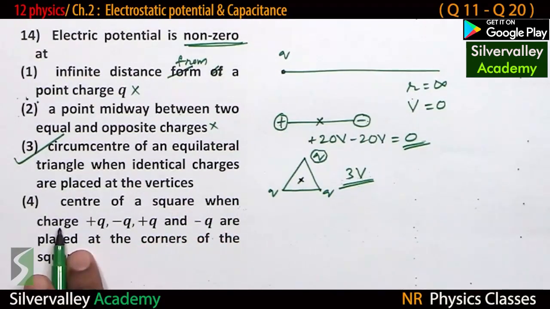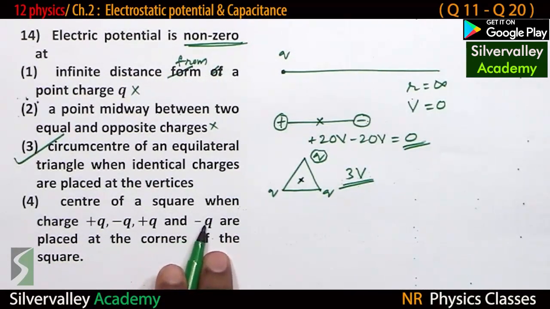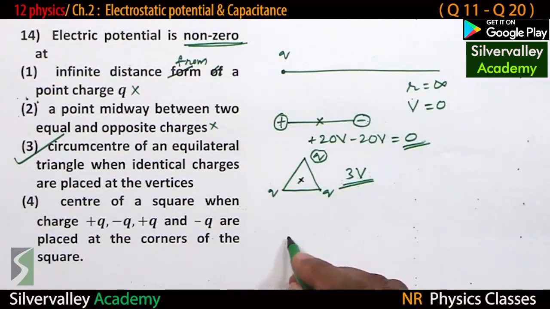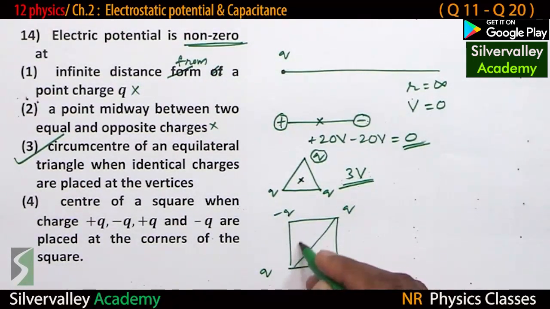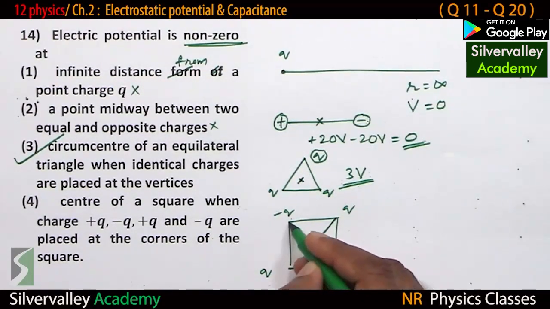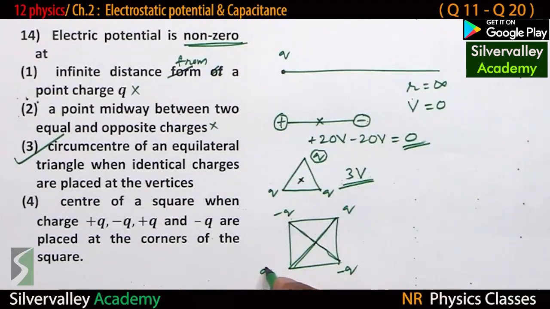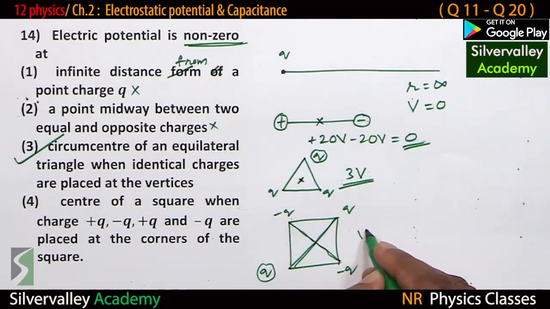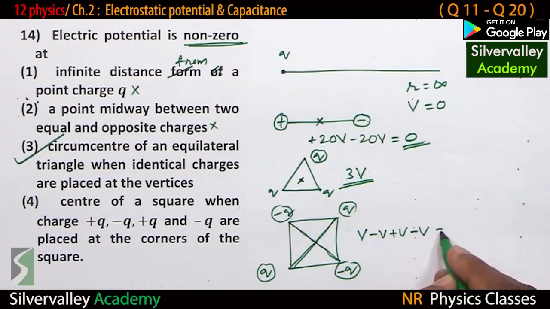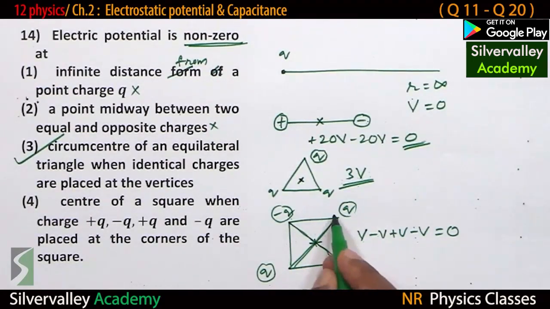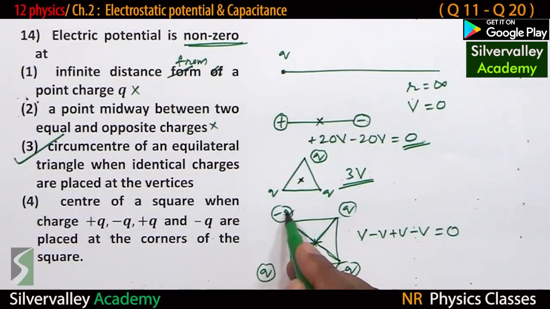Center of a square when charges plus Q, minus Q, plus Q and minus Q are placed at the corners of the square. Q, minus Q, Q, minus Q. These distances to the center are equal. Because of Q at the center, potential is V. Because of minus Q, minus V. Because of Q, plus V. Because of minus Q, minus V. And the sum of these is equal to 0. So potential at the center due to this charge distribution is 0. Therefore,